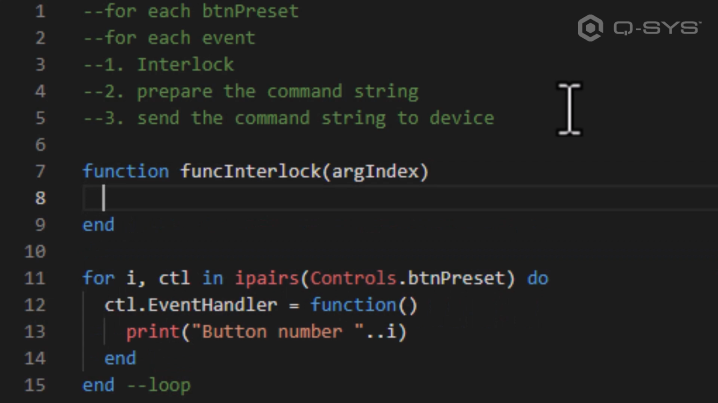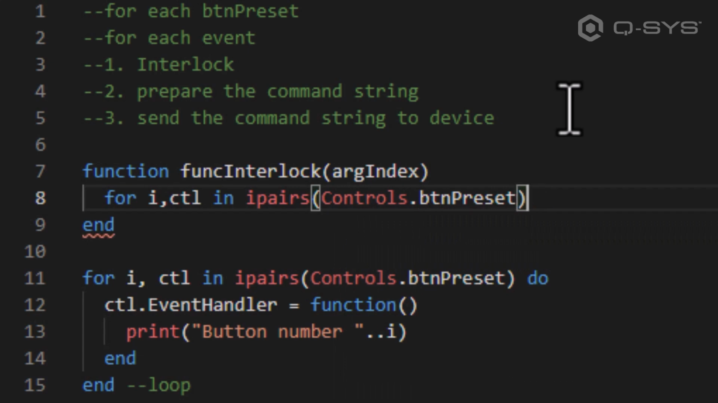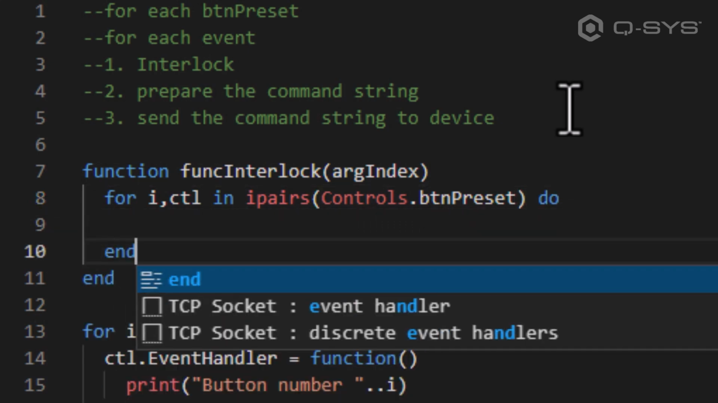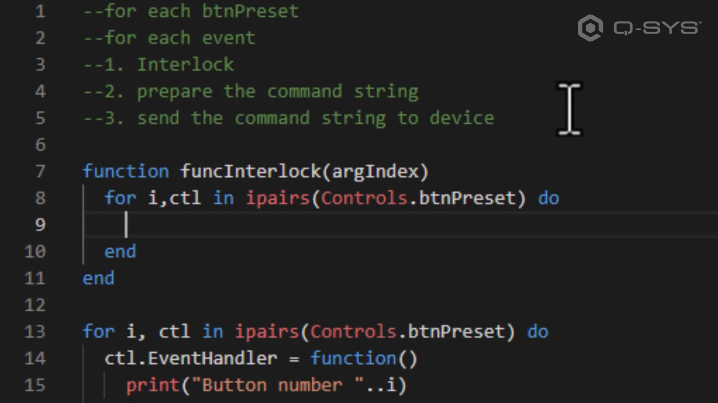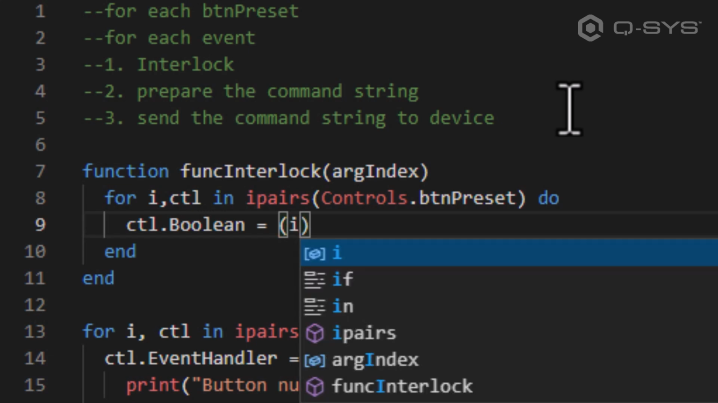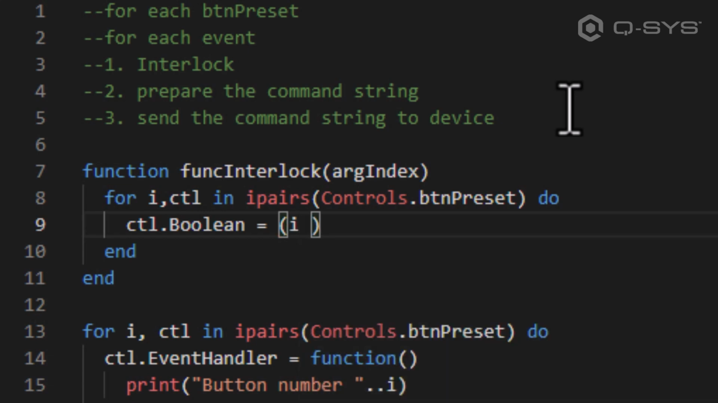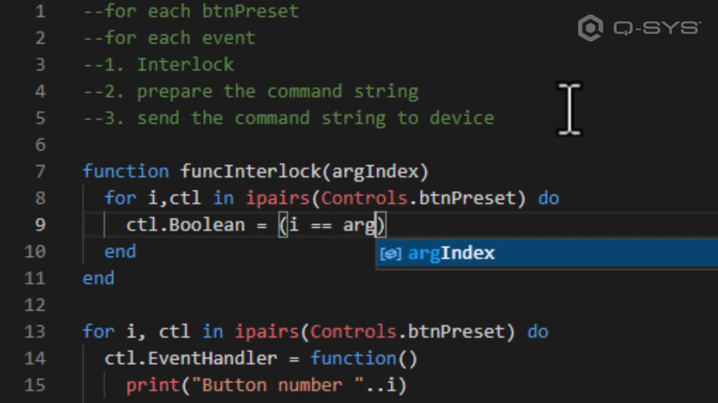On the inside, we are going to run another ipairs loop. We're going to run for i, ctl in ipairs on what? On our controls.btnPreset. All of them, not just one of them. What do I want to do? I'm going to end and I'm going to come back in. And here's what I'm going to do. I'm going to say that the ctl.boolean is equal to the output of a comparison. The comparison is going to be comparing the i that we created in line 8 with the index that we're